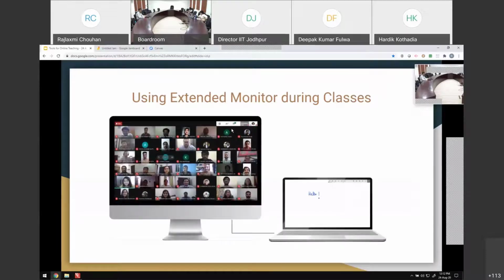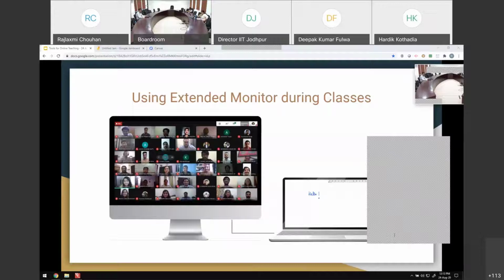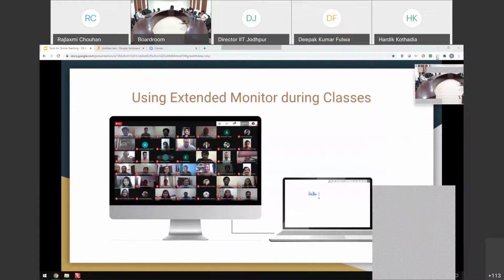Say you can view all your students on one window on the extended monitor, and you can use your whiteboard or whatever you are presenting, maybe slides, on your laptop. So just an example. This might make things a little easier for us, but in case you do not have an extended monitor, there is an extension called DualLess. I'll write it in the chat, and I can show it here. This kind of an extension.